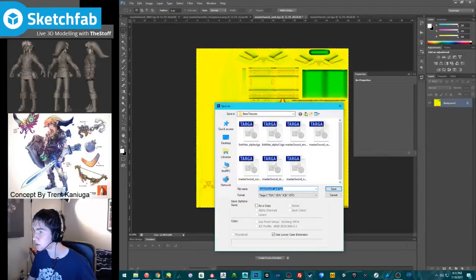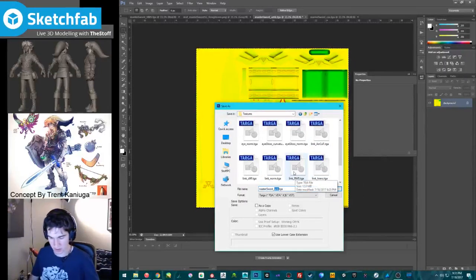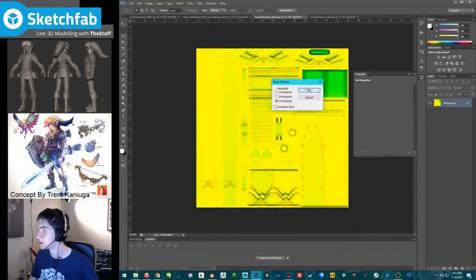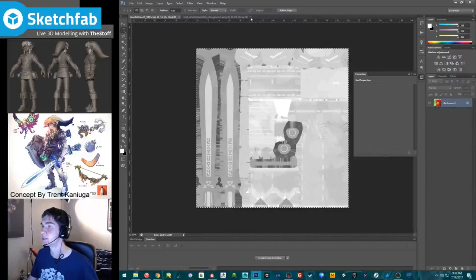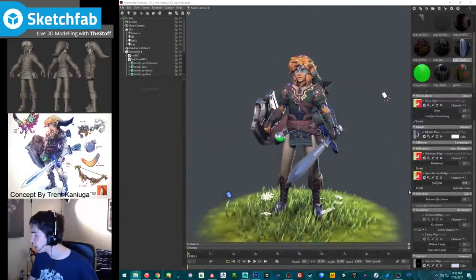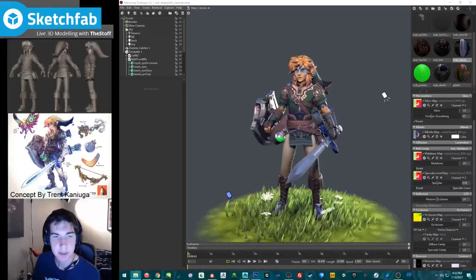Alright. Master sword. I want to call this the same thing as what I called the other one. Yeah. AOCA. It doesn't have the translucency in it, so I'm not going to include the T. 24-bit. I learned my lesson. Okay. So now we can just throw that in there. Okay. So, click. It really doesn't make much of a difference.